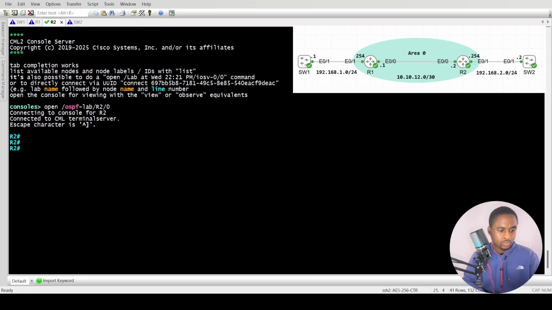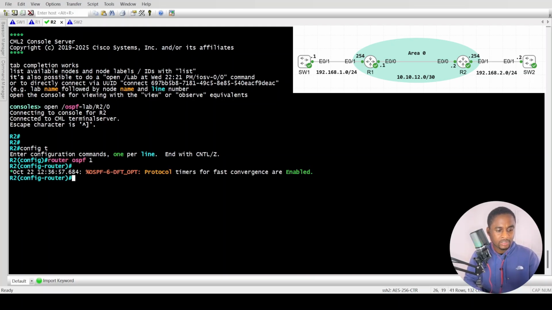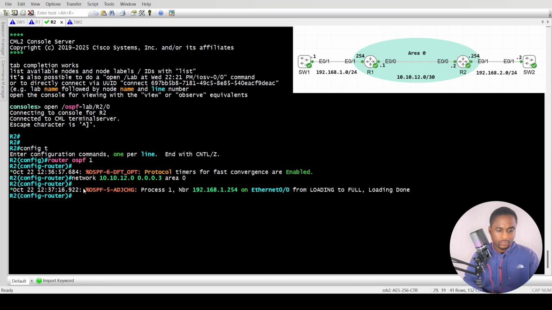Now let's get router 2 to run OSPF as well. We'll go to the global config mode and start the OSPF process, router ospf 1. Then we advertise the link between the two routers, which is network 10.10.12.0. The wildcard is 0.0.0.3 in area 0. We should have OSPF adjacency form, right? We can see that we have a neighbor already, it has gone into full state. And the next thing is for us to advertise the LAN subnet of router 2 with network